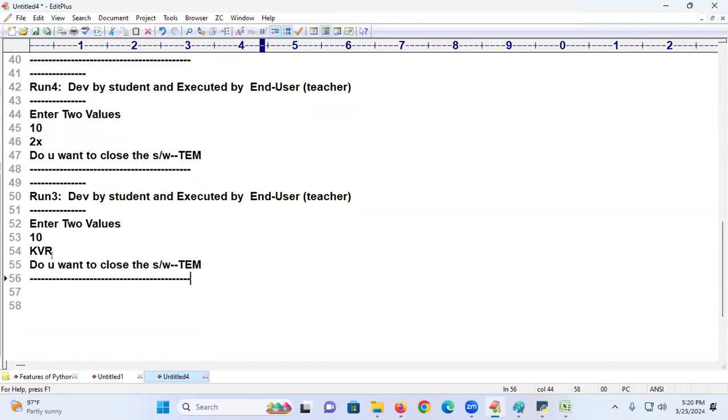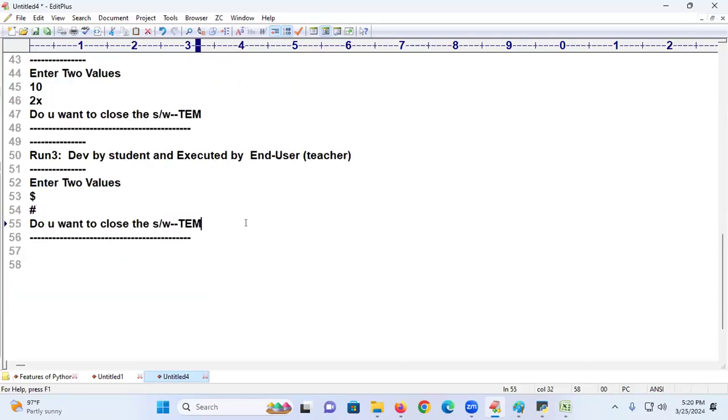Next look at. One more time. Enter 2 values. I am entering first value dollar. Second value hash. Symbols I am entering. This is a challenging program. Take any faculty, ask these questions. Nobody can reply. Already you have seen in your curriculums. Already you have gone through it in your academics. Nobody will worry about it because these things I am going to make you learn. Do you want to close the software? Out. That is 10 by 40.